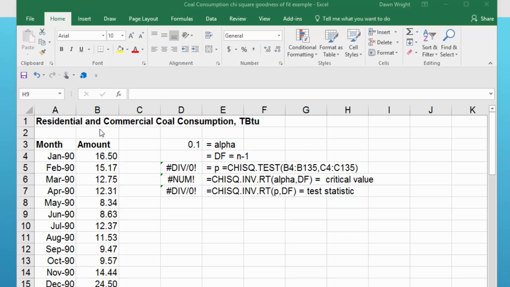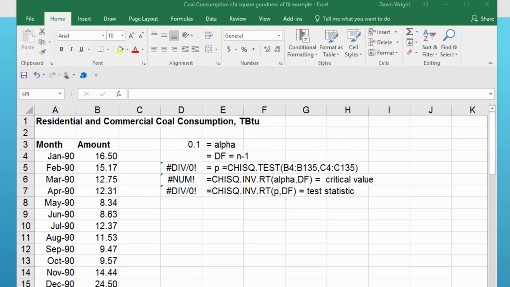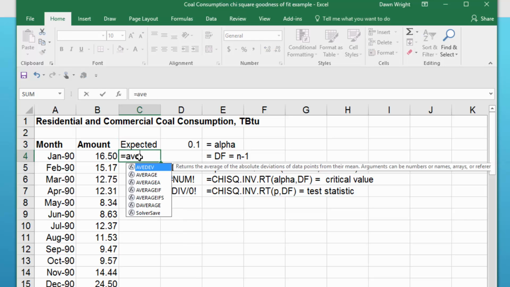So if it's uniform, what we need to do is find out what the average consumption is for all these months and then apply that average as our expected value. So I'm going to call this expected, and I'm going to calculate the average